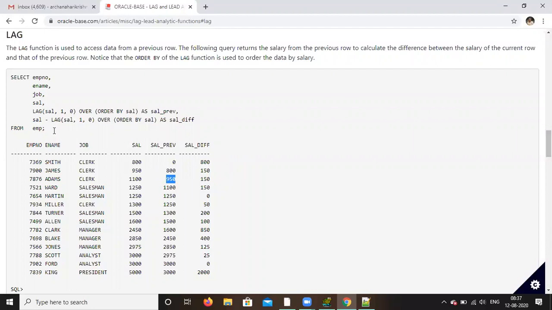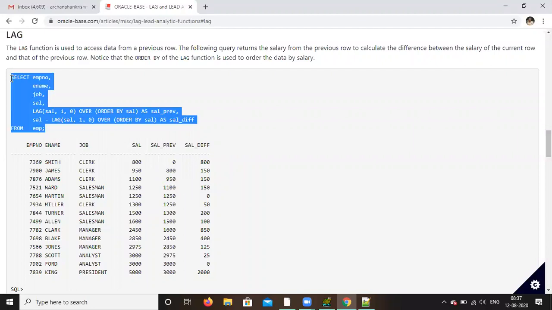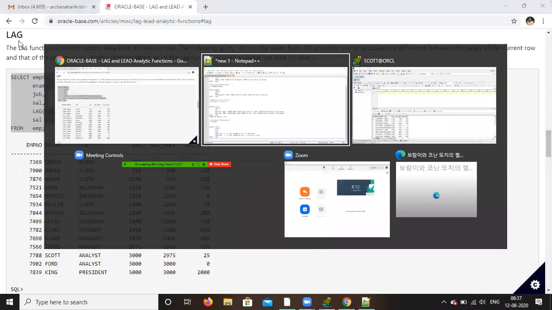And without using analytical function, the query will be a little bit complex. But using analytical function, you can do it in a simple one line.